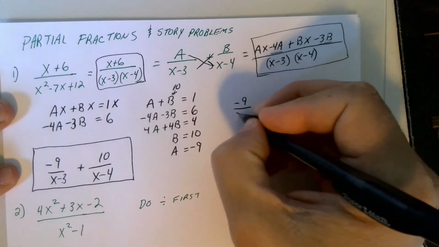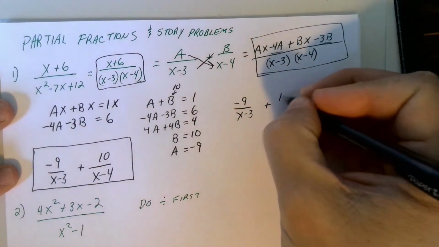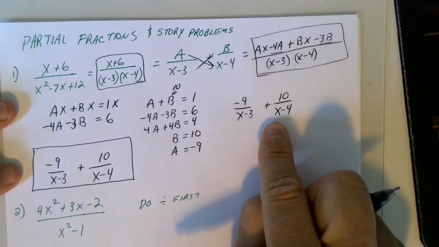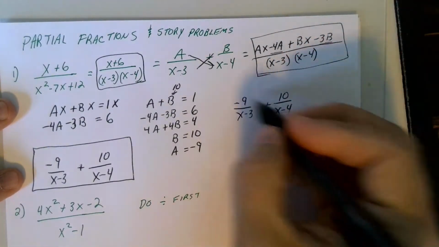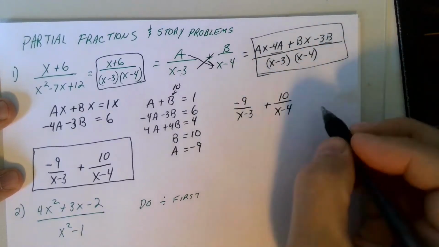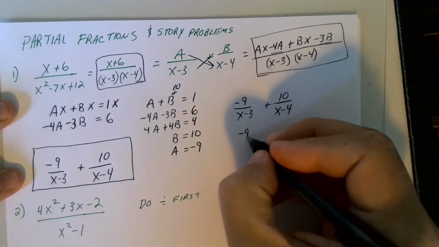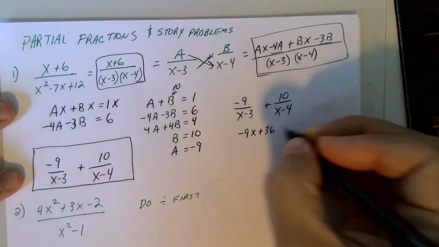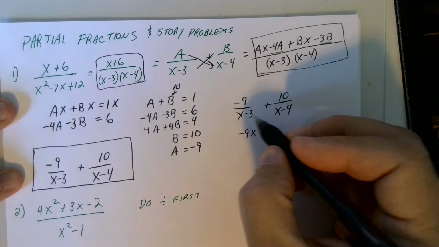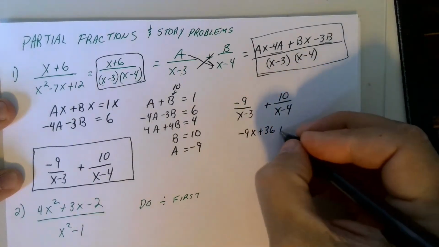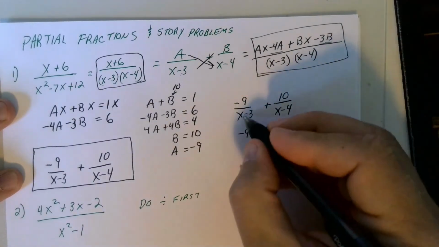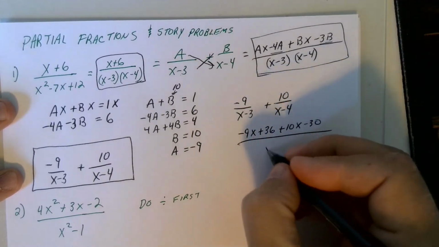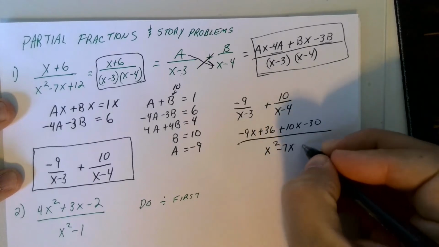So negative 9 over x minus 3 plus 10 over x minus 4. And again, you don't have to do this. I just want you to make sure the math works out. So I'm going to do crisscross smiley face here. So negative 9x, right? Negative 9x. Negative 9 times negative 4 is positive 36. And then go this way. That's 10x plus 10x, right? And then minus 30. And that's over x minus 3 times x minus 4, which is x squared minus 7x